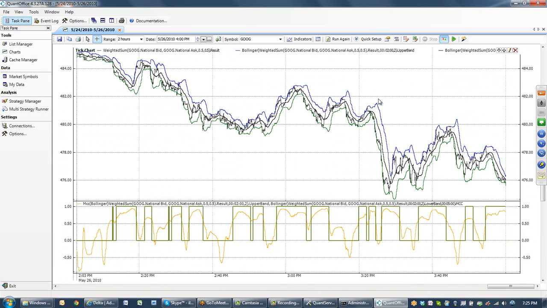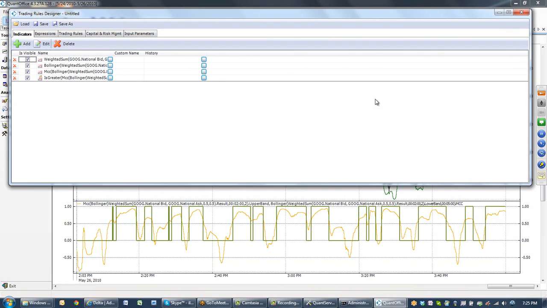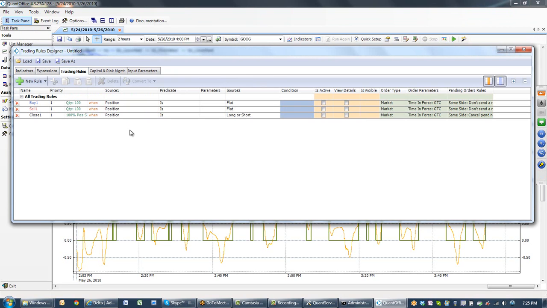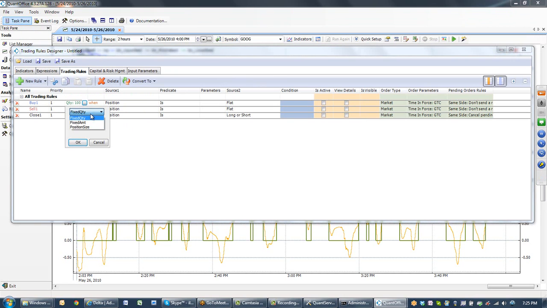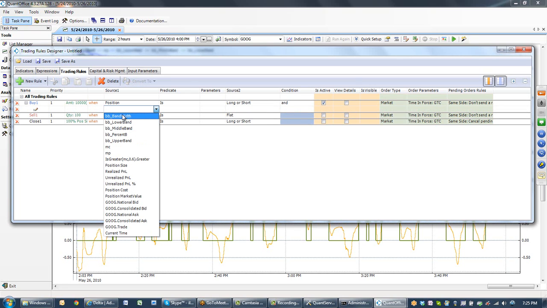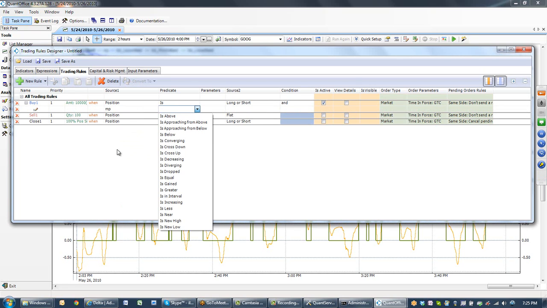Great. Now I'll go and quickly start building a trading strategy. It's almost going to be like in English, because eventually I'm going to produce the C# code out of it. So I'll call this mid price, I'll call it Bollinger Band, and I'll call this factor moving correlation. And so let's go and build some trading rules. Let's go and buy $10,000 worth of instrument when position is flat or short, and our price, mid price, is